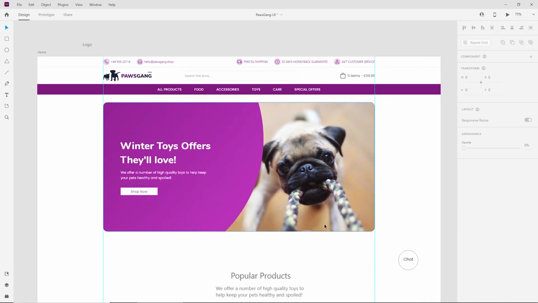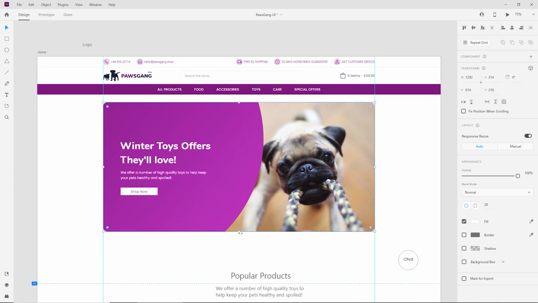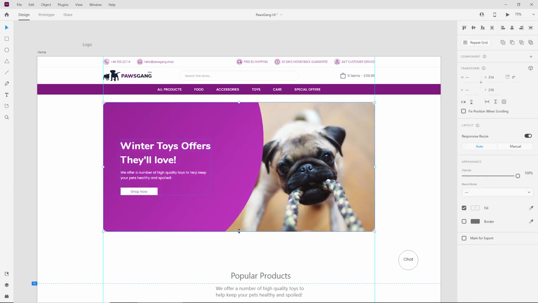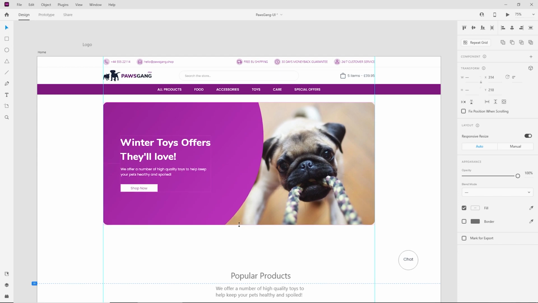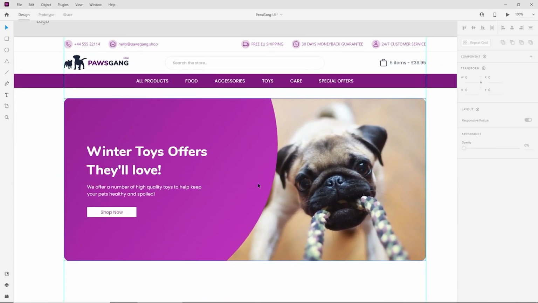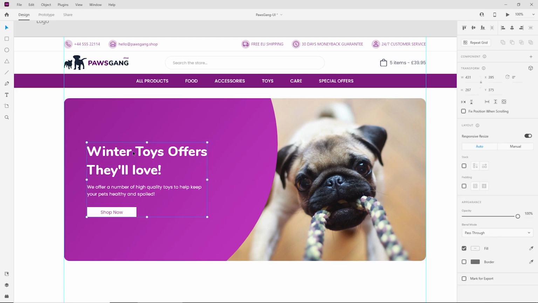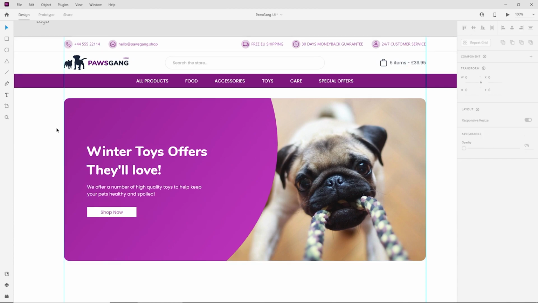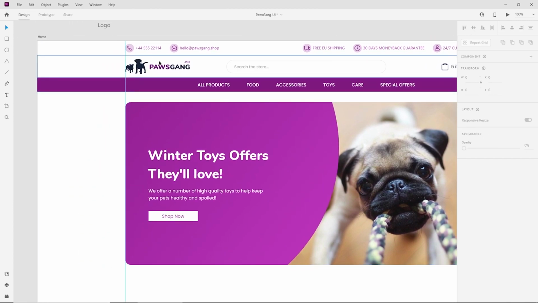So this is looking pretty cool so far. Maybe I wish this was a little bit smaller, so we could select everything here and just make it ever so slightly smaller, like so. Right, the next thing I would love to do is, first of all, it would be nice to center this, and I would love to create some sort of a pattern with the